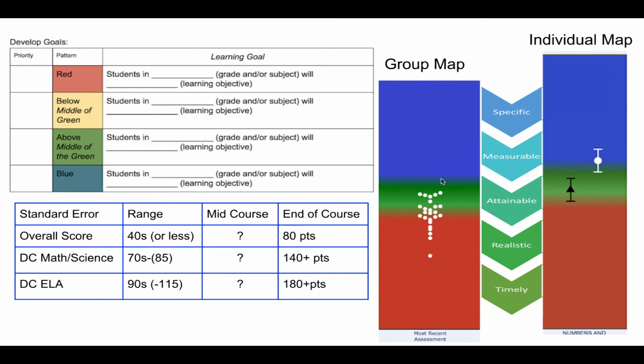We could also look at that student in the individual map. There's some information there that's provided for us. And when you hover over the whiskers in the individual map, the standard error is populated. And that standard error helps us to understand what is significant change in a student's score. What I mean by significant change is between the first and the second test administration, or the first and the last test administration,